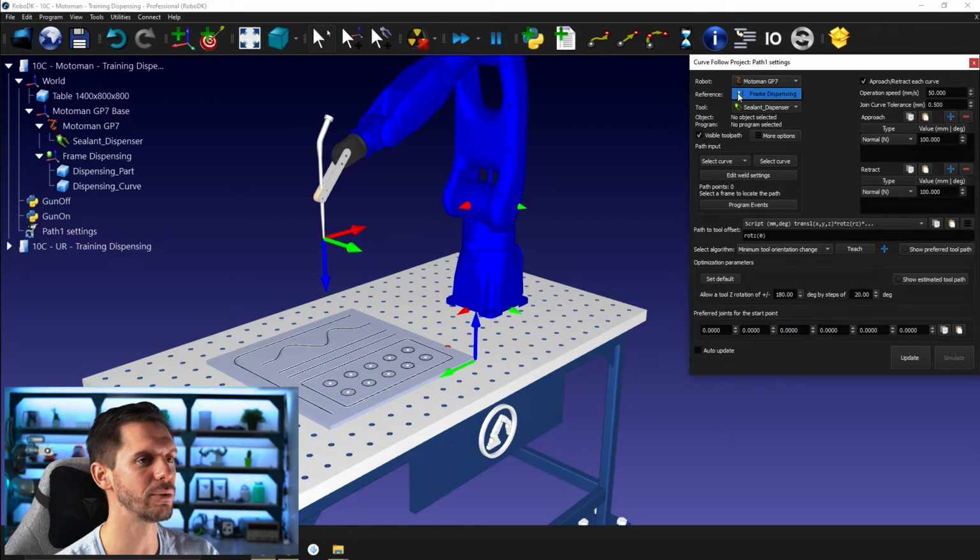Then you need to select the reference frame. So in this case, we only have one reference frame selectable. You might say, that's weird, we have 3 reference frames. That's true, but you can't select the base reference frame of the robot. You need to have a specific frame somewhere here. If you don't know how frames work, we have a tutorial especially on that subject. And